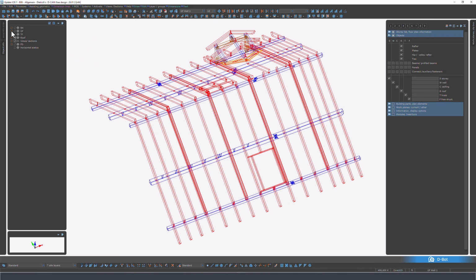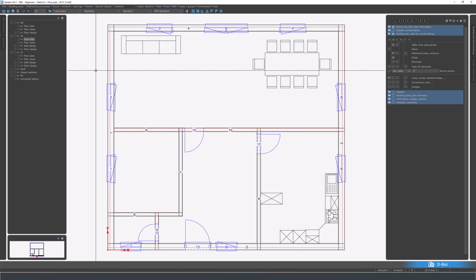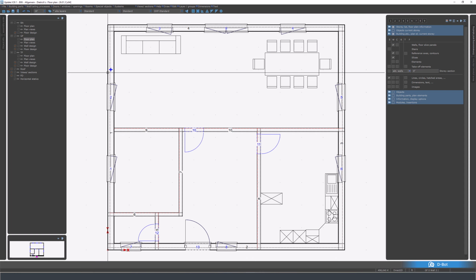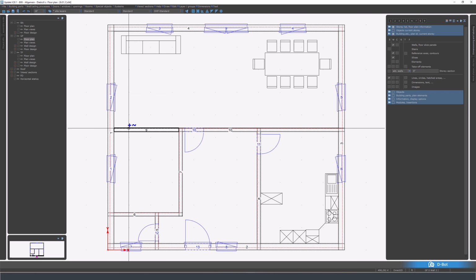Okay, so let's jump into the floor plan and show you how it works there. So we're here in the floor plan now, and I want to show you how this works in this environment as well. If I go on this exterior wall here, I can press the S button. You can see that all the exterior walls are being selected. I can also go over here on this interior wall, hit S, and obviously there are no similar ones to this wall here, but let's go over to this one here. I'm going to hit S, and you can see that a whole bunch of other walls are being selected